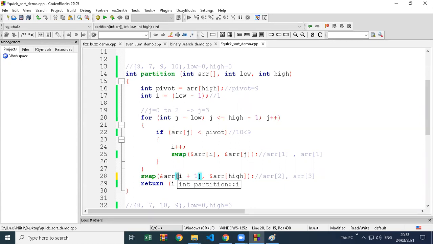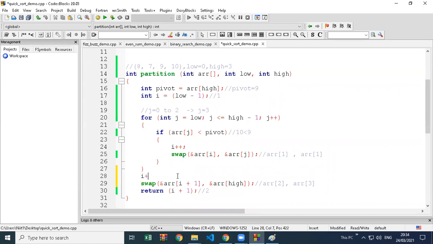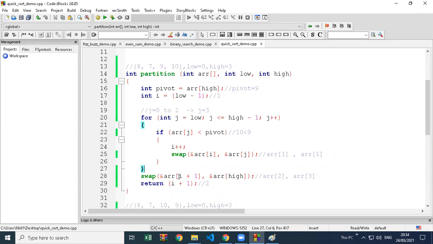You have to write I equal to I plus 1, or I equal to I plus 5. Increment and store again in the same memory. Understood? So just by writing I plus 1, I is not going to increment. It was just temporarily 2. And here also, I value is 1 only. It became 2.